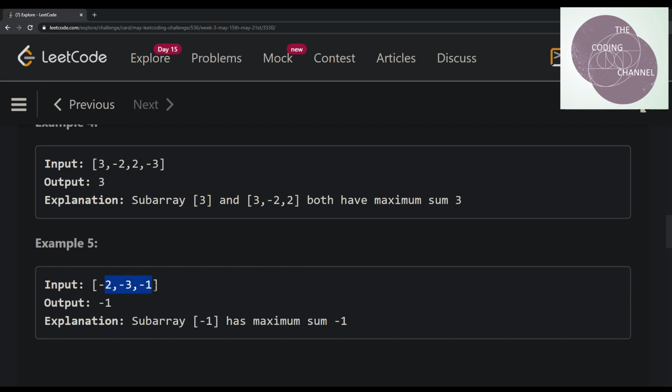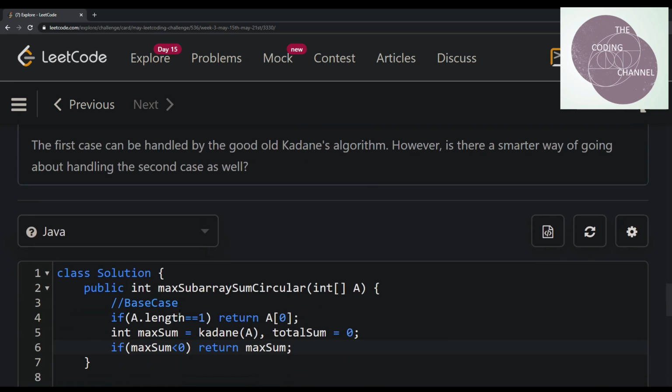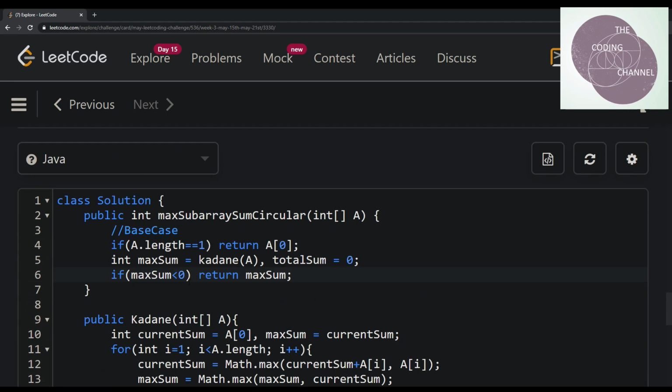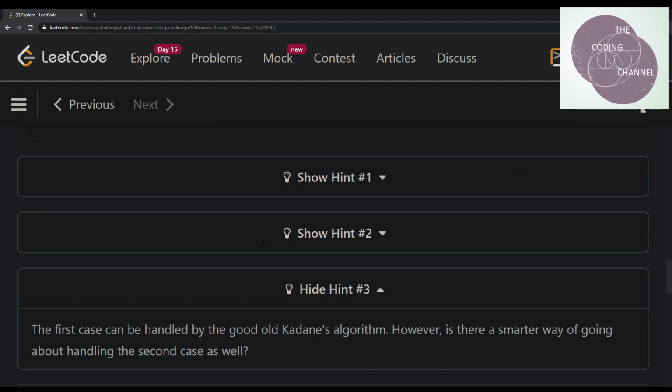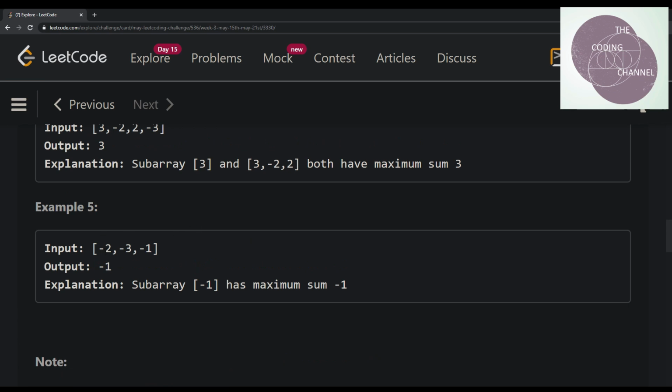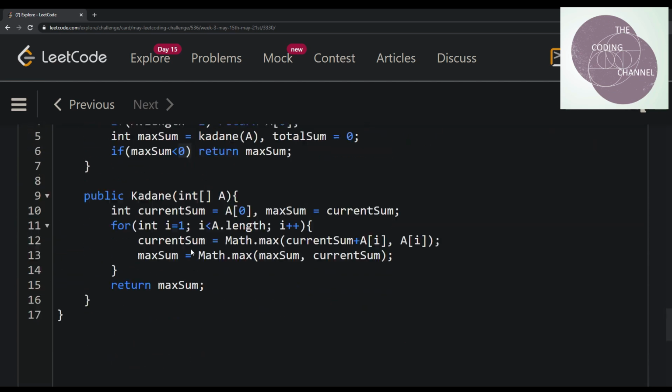Here all the elements are negative, and in such a scenario you can simply return the value max sum if it's less than 0, which is a negative value. So here the final value would be -1, which is obviously greater than the rest of the elements, and we could safely return that. We don't have to go through the rest of the calculation for this case.